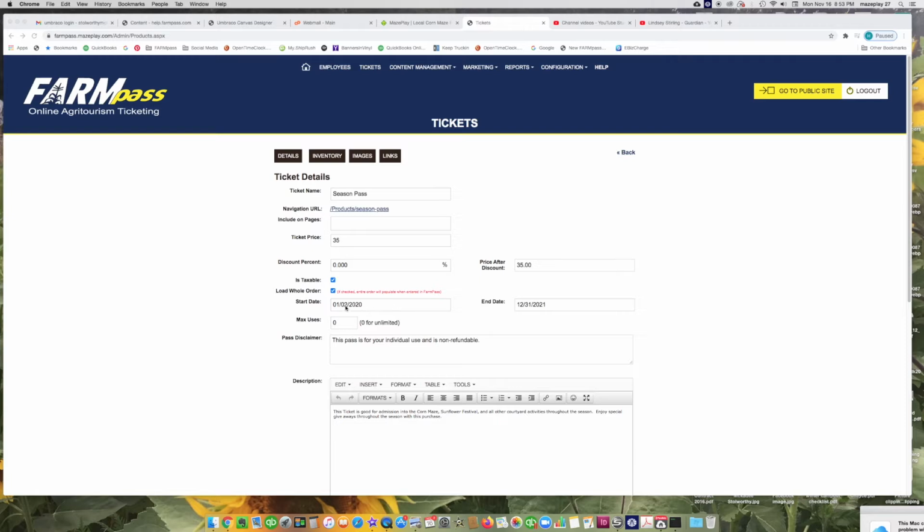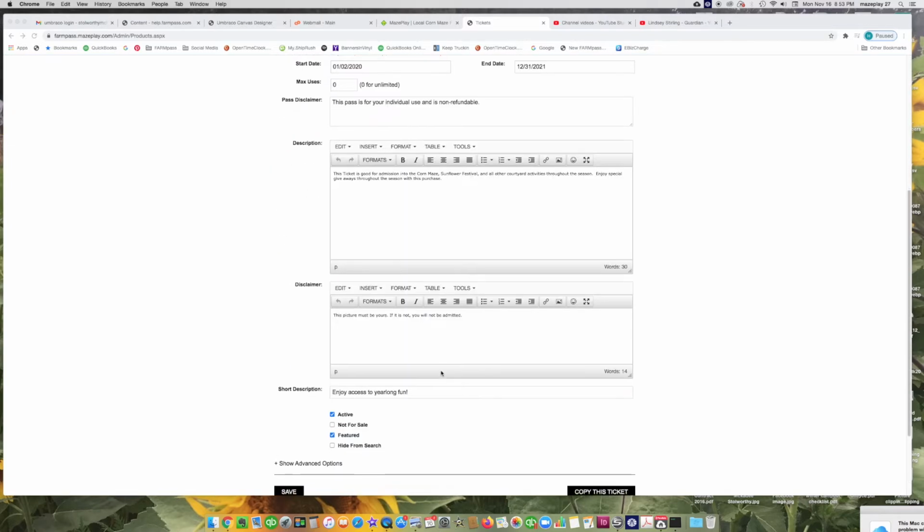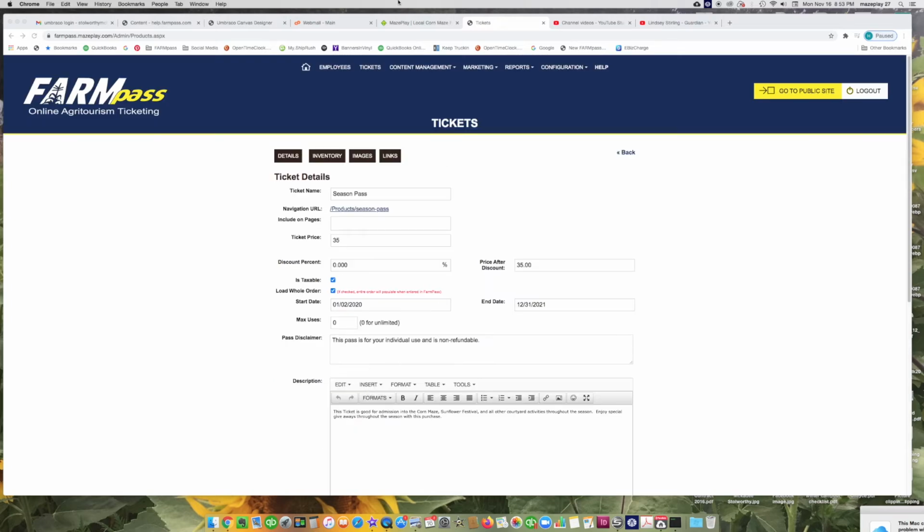The only difference is your start date and end date you have to have up to date, and then your max uses. So like it says, 0 for unlimited if you just want people to come as many times as they want if they buy this ticket, but sometimes you'll have people come in like 20 times, and so you might want to set a limit or up your price, and we'll show you how to track that later. So you can set your max uses and then your disclaimer, description, and all of this. So that's your pass ticket, and let's head to